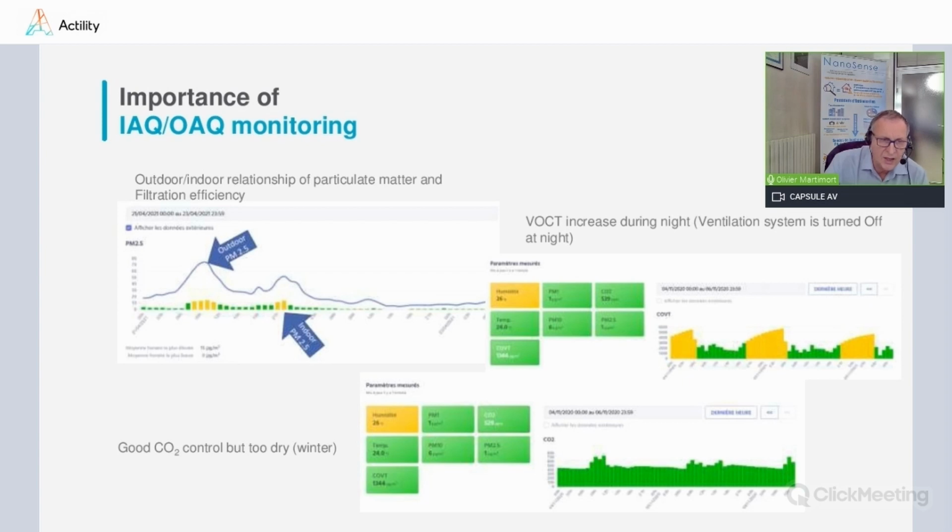On the right side, you can see in the center the VOC, which increased during the night because in this building they shut down the ventilation during the night. So materials are emitting and the VOC goes up. And then when the HVAC returns to on in the morning, it is evacuated and it is normal and acceptable, in green. What we have on the bottom is the CO2, especially during the pandemic here,